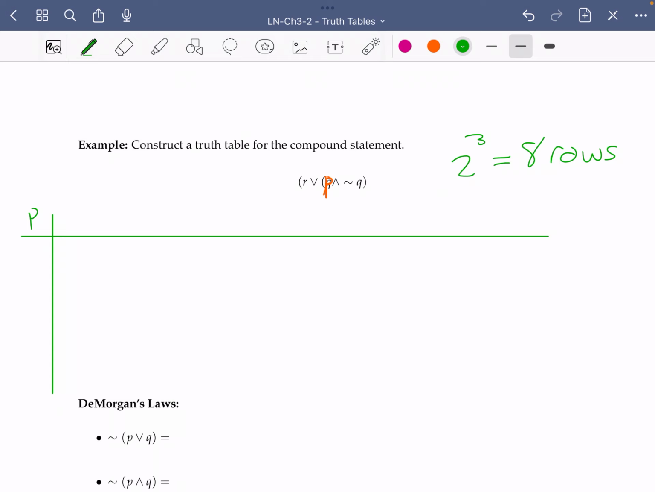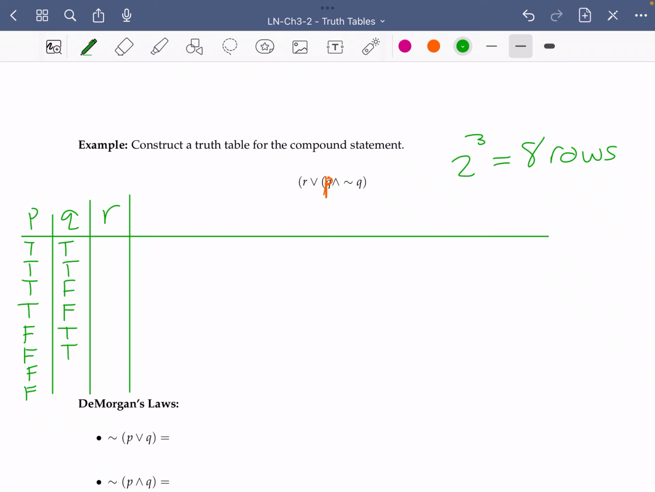So we'll have to have something for P, Q, and R. True, true, true, true, false, false, false, false, true, true, false, false, true, true, false, false, and then true, false, true, false, true, false, true, false. As you make these on your own, be careful with your handwriting so that you don't get things off on your rows